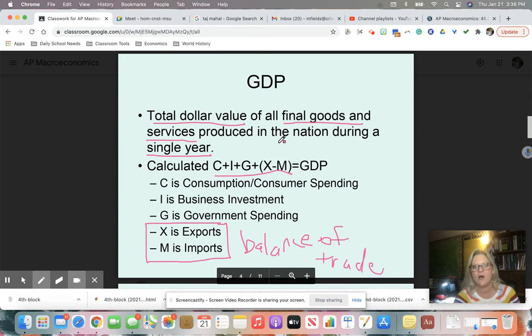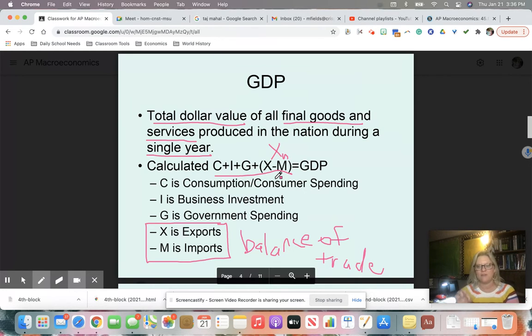You may also see it expressed as big X with a little n. So C plus I plus G plus Xn. And Xn basically means X minus M. Exports minus imports are our net exports. All right, so GDP